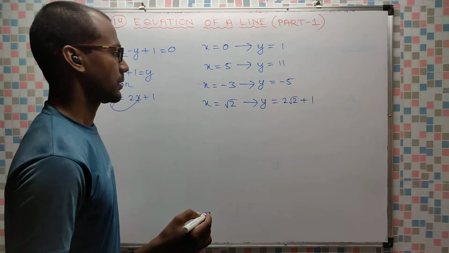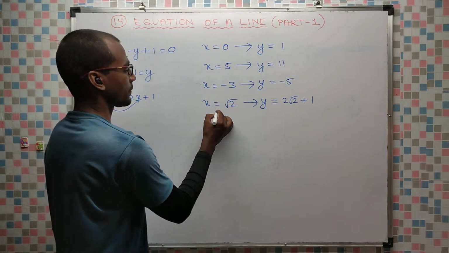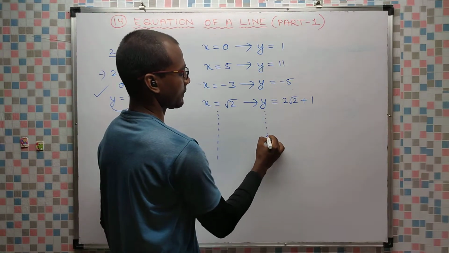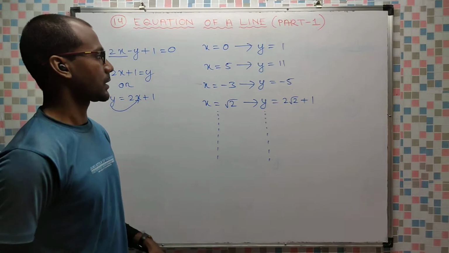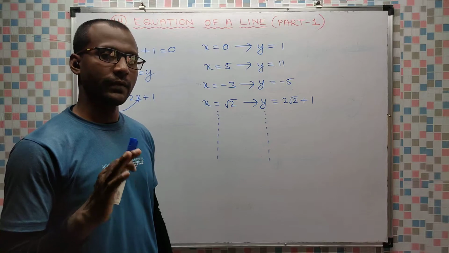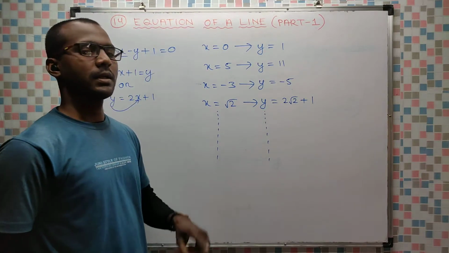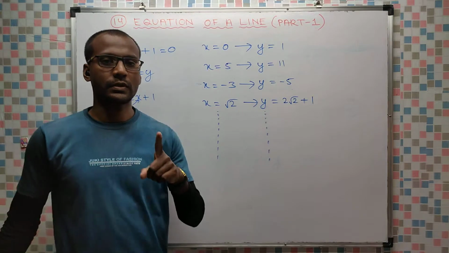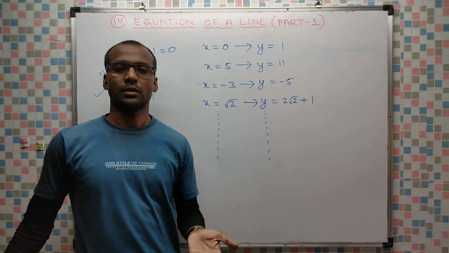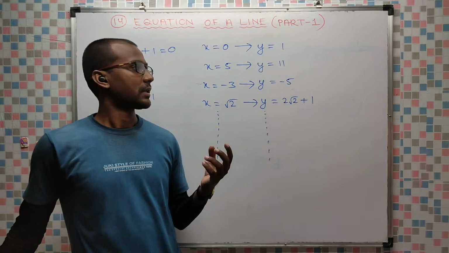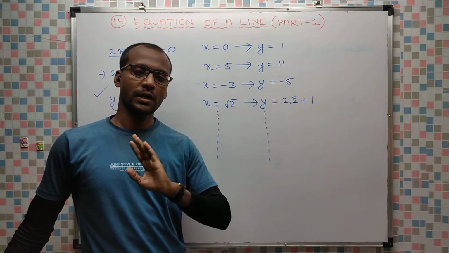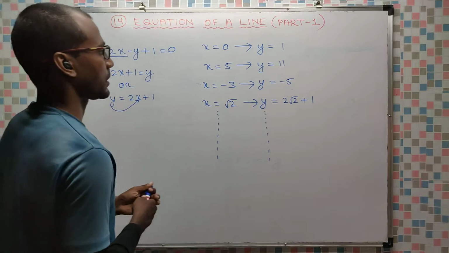So in this way, if we continue choosing values of x, you will get corresponding values of y. So from this we conclude that we are not getting one or two solutions, we are getting infinitely many solutions. So remember this, a linear equation in one variable has one unique solution, but a linear equation in two variables has infinitely many solutions. Generally students think that a linear equation in two variables will have two solutions. No, it will have infinitely many solutions. Remember this.